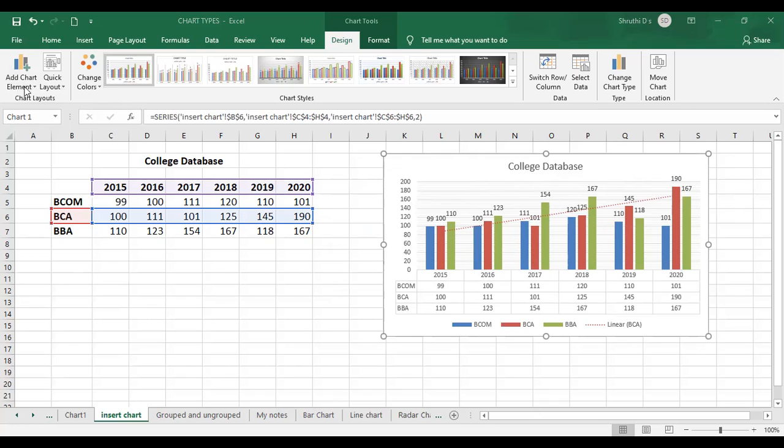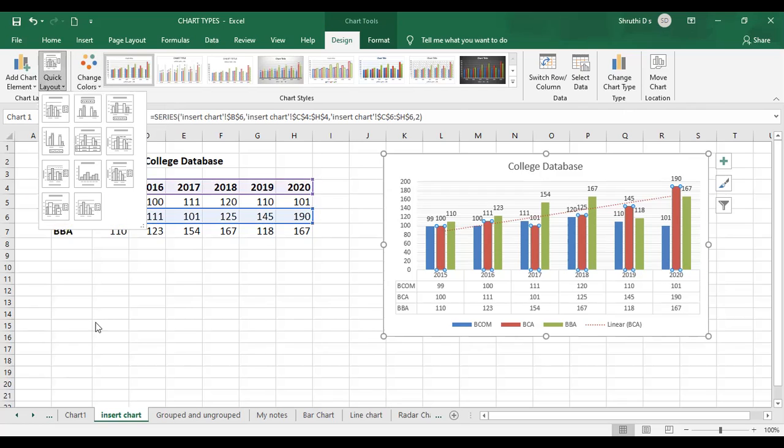Now, apart from that, you do have quick layout, right? I just told you what quick layout is. Whatever we saw now, I was applying each of them individually to the chart. But if you don't want to do that individually, these quick layouts give you the provision to select any of the layouts already given by Excel.